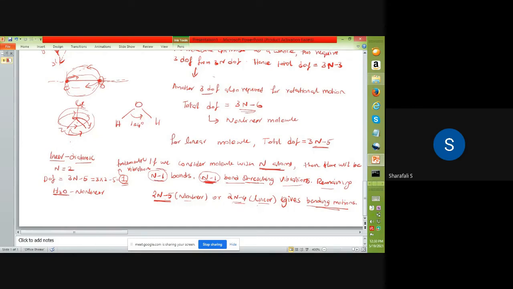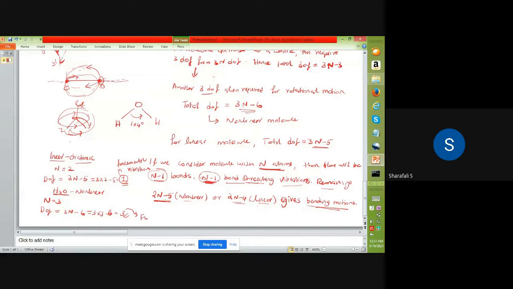In this case, n is equal to 3, two hydrogens and one oxygen. So the total degrees of freedom will be 3n minus 6, because for the non-linear case it is 3n minus 6. This is 3 into 3 minus 6, which gives 3 degrees of freedom,